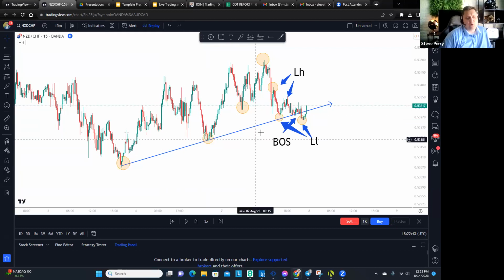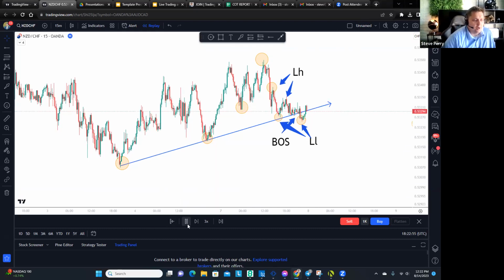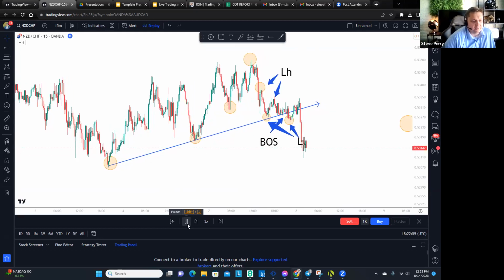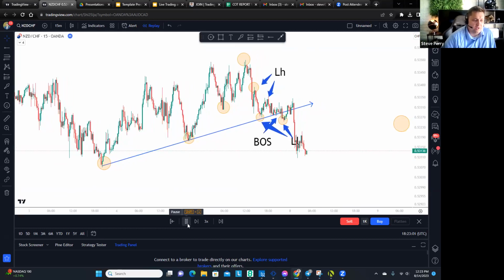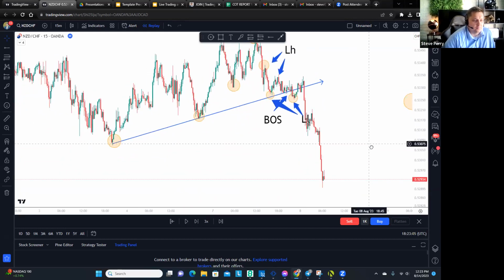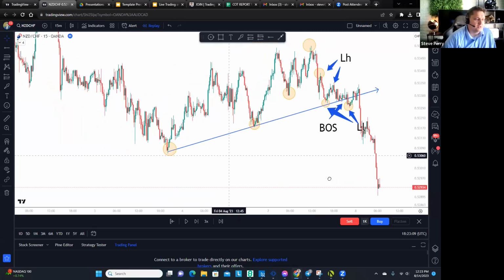Okay. What's the price looking like right now? You have break of structure, lower highs, lower lows. What should that tell you? Not looking bullish, that's for sure. And then the market continues, does its thing, and then boom, off to the races, right? And just collapses from here, right? That's price action. Okay, let's go find another one.